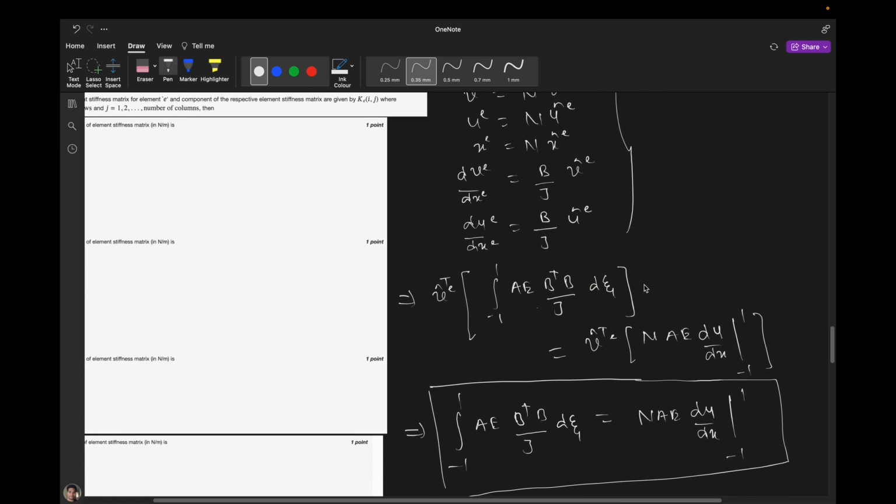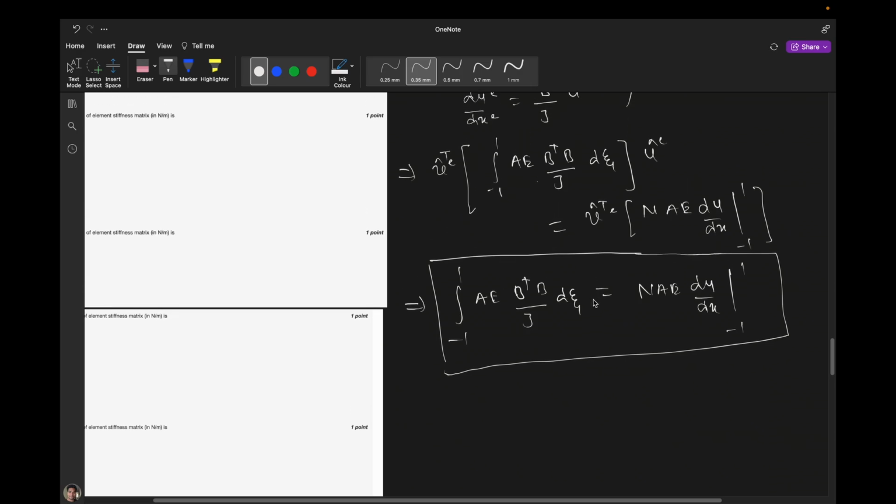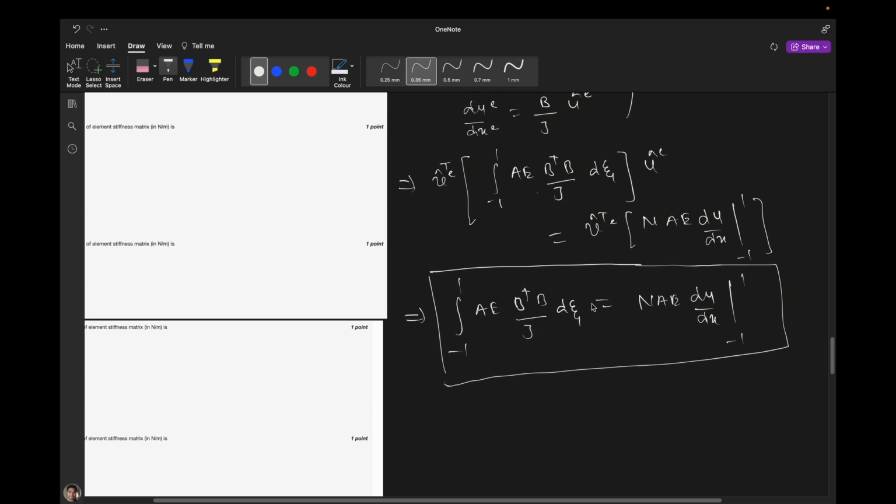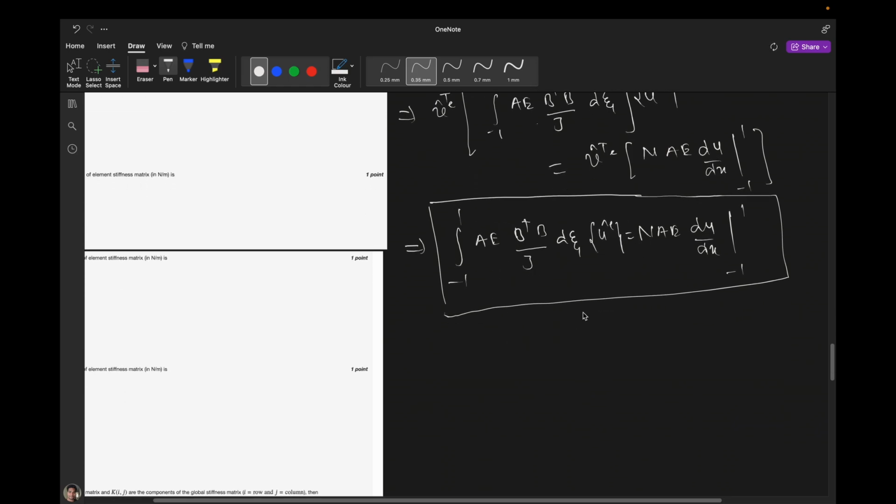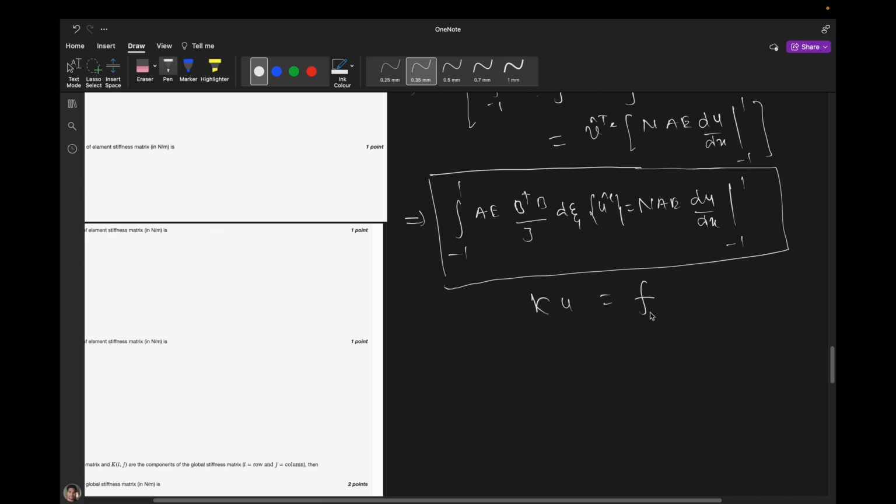here, that is ue, and here it should be ue matrix vector actually, so it will be ue. Okay, this is the governing equation, so that we can write ku equal to f. Okay, so now